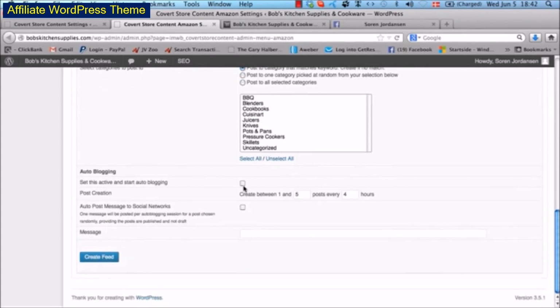And then all you have to do is check the box to set it to start auto blogging, and then set in a number. I think I'll want to create between 1 and 2 posts every 24 hours. But you can obviously do as many as you want and just set the hours to whatever you want. And then here's the really clever bit. You check this box to have it auto post to the social networks, and then you can write a custom message here, which I'm going to do as check out this cool product. And then I click on create feed,